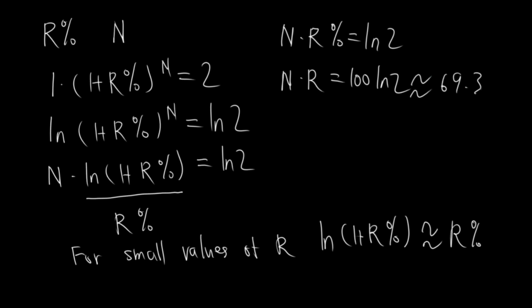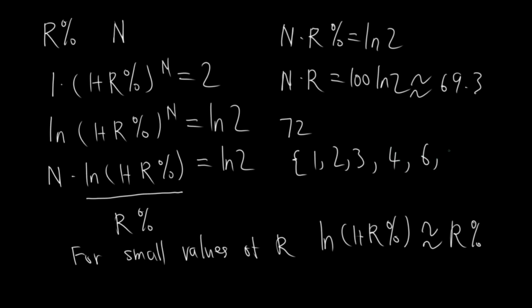69.3. So now you are probably thinking, why not use 69.3? Why did you use 72? Well, 72 is a multiple of a lot of integers. It includes 1, 2, 3, 4,